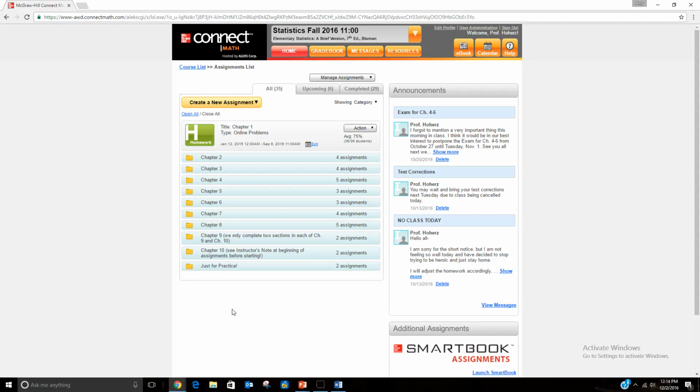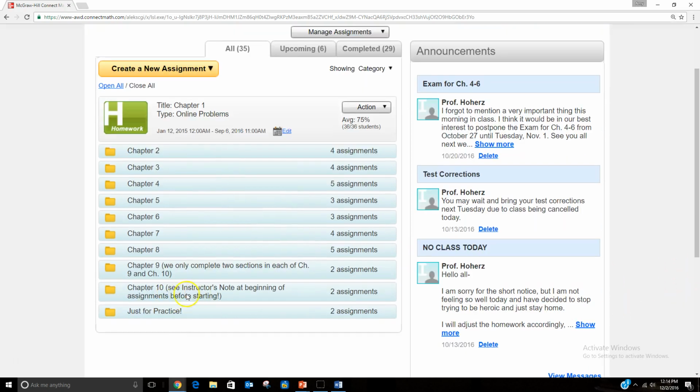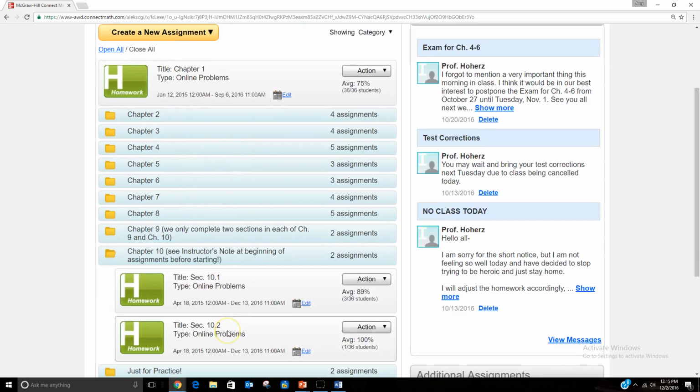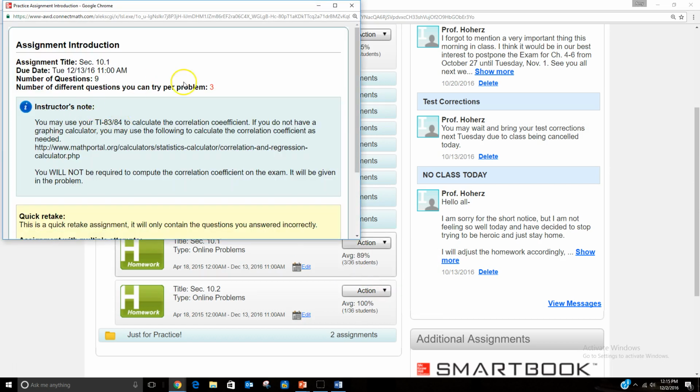So here we are in Connect Math, and if you look at your homework assignment for Chapter 10, you can see that I have a note that says see instructor's note at the beginning of assignments. So when you're doing your Chapter 10 homework, remember you're not responsible for finding the R or the equation of the regression line. So if you go to your assignment, the first thing that you'll notice when you pull it up,